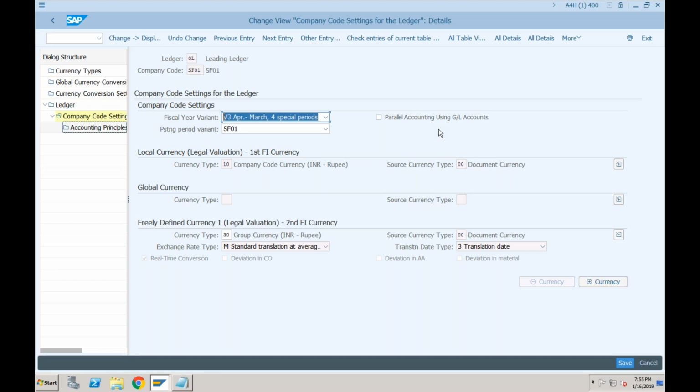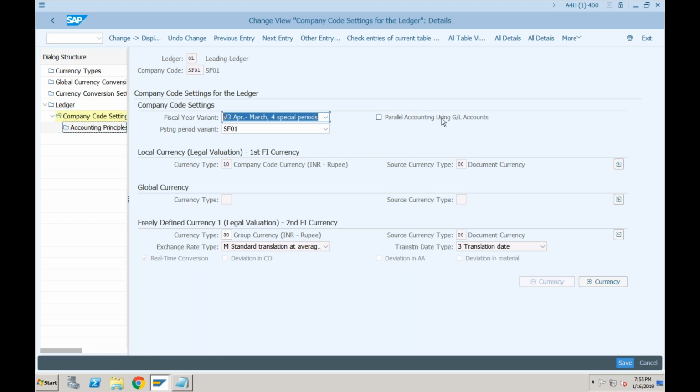Okay, so for example, if it's the asset account, there will be two separate asset accounts created, one for your India GAAP and second for your IFRS. And whenever you want to do the reporting, you will include those particular accounts based on the accounting principle. That is called an account-based approach, which is called parallel accounting using GL accounts.